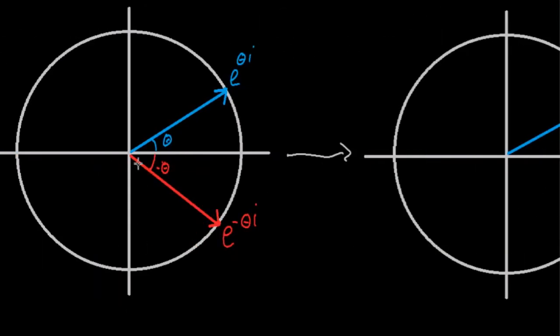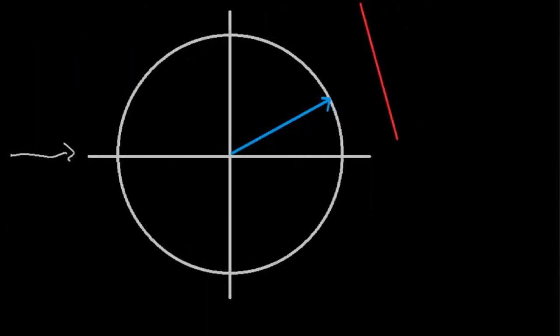So let's put our vectors here. You have the blue vector over here, and we're going to add the red vector into this one. So in vector addition, what you do is you grab the tail of the second vector and you add it to the tip of the first vector. So we're going to get this red vector,